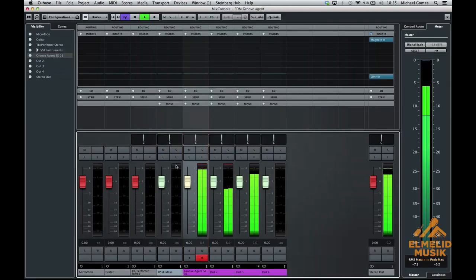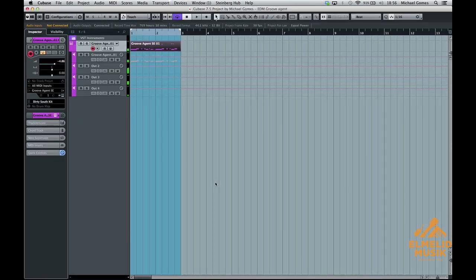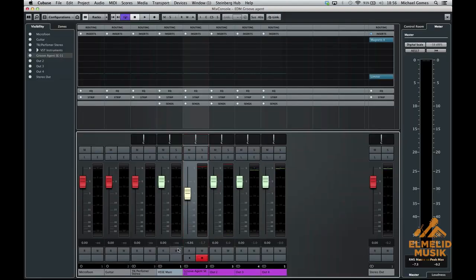And as you can see, I can now start leveling the kick, and it's just one event, and one instance of Groove Agent, and it's really cool because I totally have control of what I'm doing to, let's say, for instance, the kick. I can process the snare and add reverb to it and whatnot, or I can